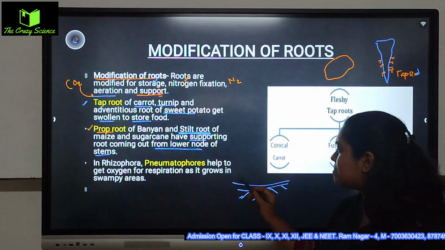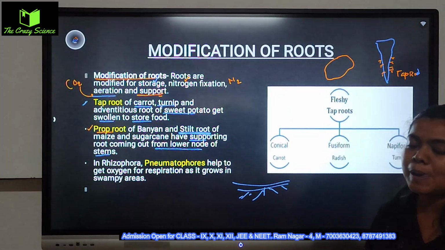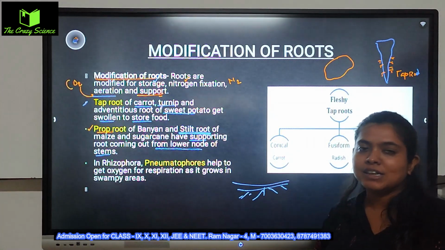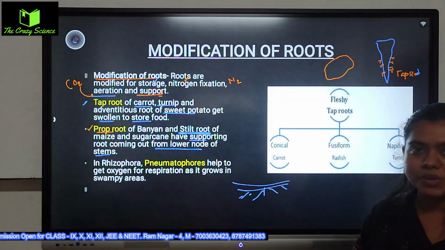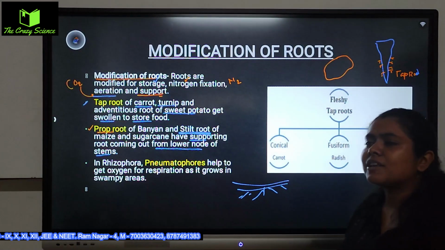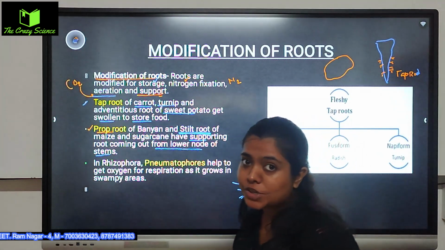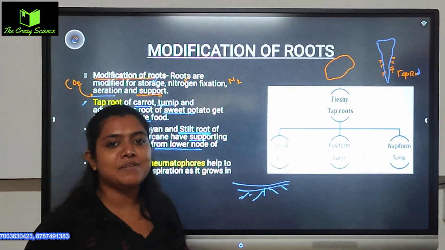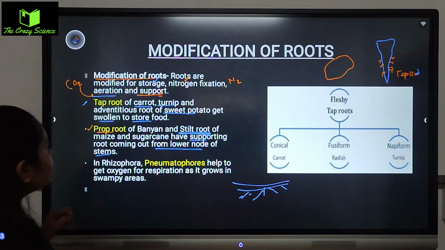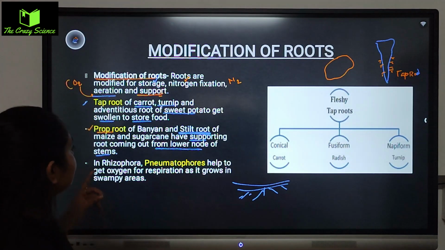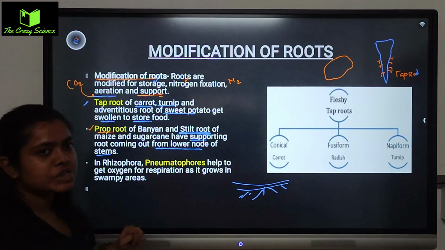ওটা থেকে বেরিয়ে আসছে, মেইন পার্ট থেকে, বডির মেইন পার্ট থেকে বেরিয়ে আসছে, মিন্স প্রাইমারি রুট থেকে বেরিয়ে আসছে, ঠিক আছে? দিস ইজ কল্ড দ্য প্রপ রুট। অ্যান্ড এটা আমরা দেখেছি প্রপ রুট বা অ্যাডভান্টেজিয়াস রুট আমরা করেছি বেনাইন ট্রিতে। অ্যান্ড অ্যানাদার আমরা দেখলাম, দিস উই অলসো সি দ্য স্টিল্ট রুট।